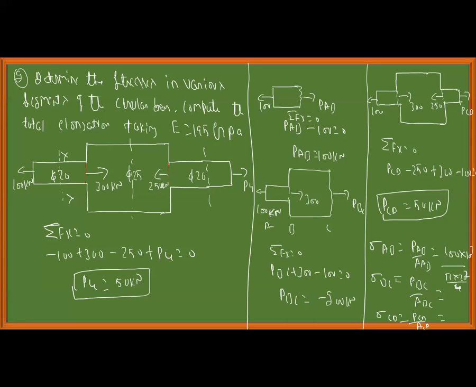What is sigma AB? 1000 by pi, sir. How much? Give me a minute. 100 into 10 power 3 by pi d square by 4, pi into